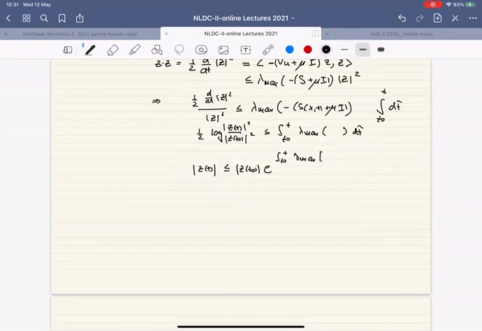So this is the lambda max of minus S x t tilde, the rate of strain tensor, plus mu I. Okay, dt tilde. So we have a general estimate for the z t norm. And the thing to observe is that this will give me decay, so it will give me an attracting manifold,